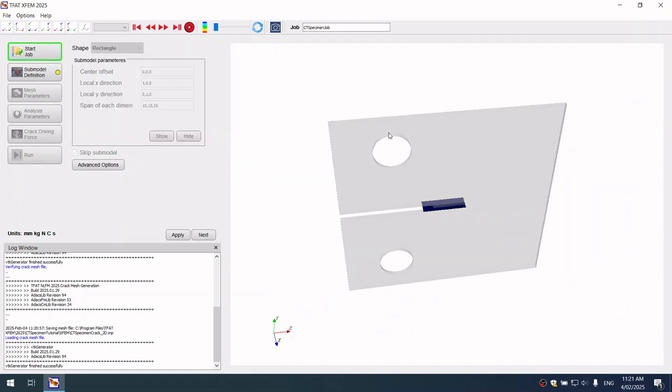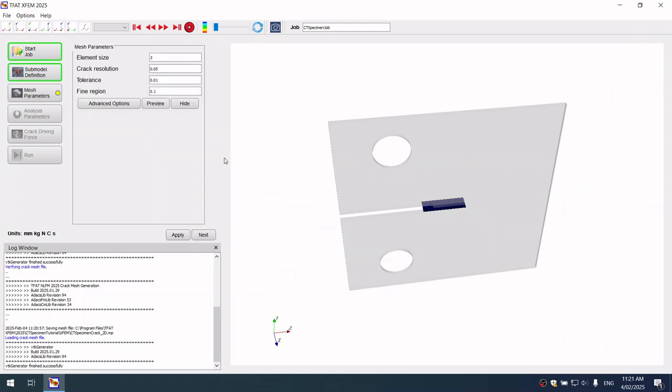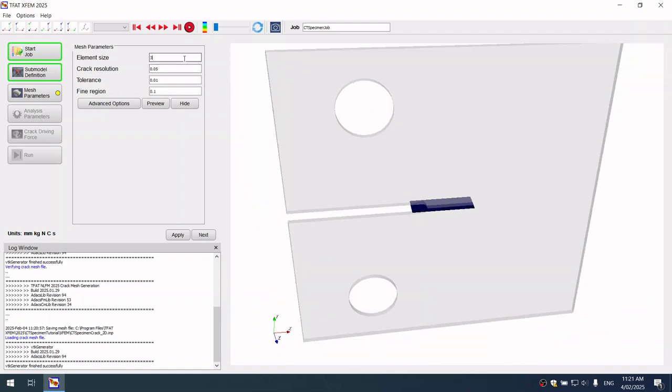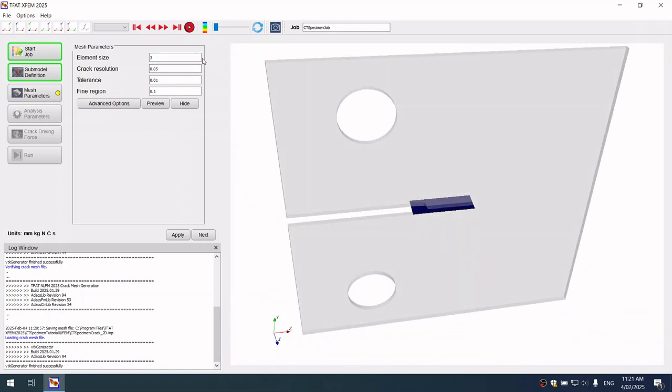So in this case, we will not be doing submodeling, so we'll just skip this step. Next. So we will keep our element size to be 3, so that's our desired element size for remeshing this model. And we would like our elements around the crack front to have a size of 0.3, so that's our crack resolution. And the size of the region around the crack front that will have this resolution, we will set it to 5, so that's set via fine region. Okay, so we can press preview